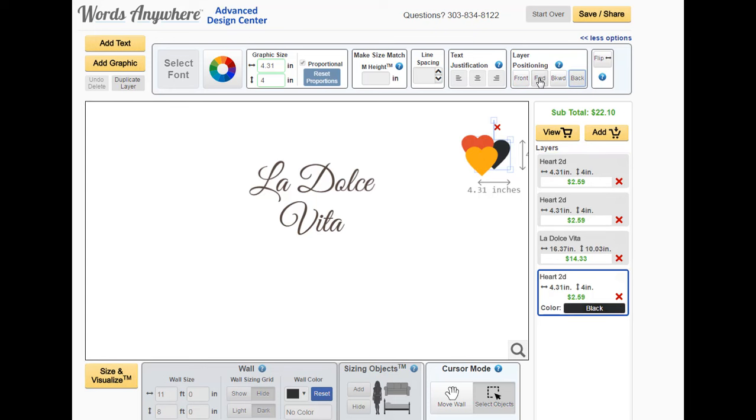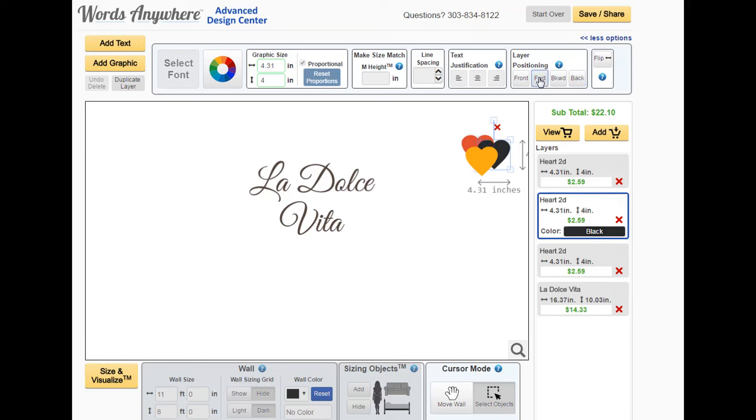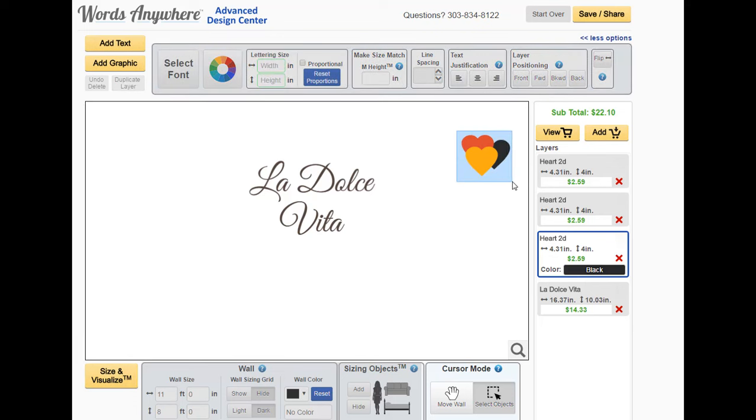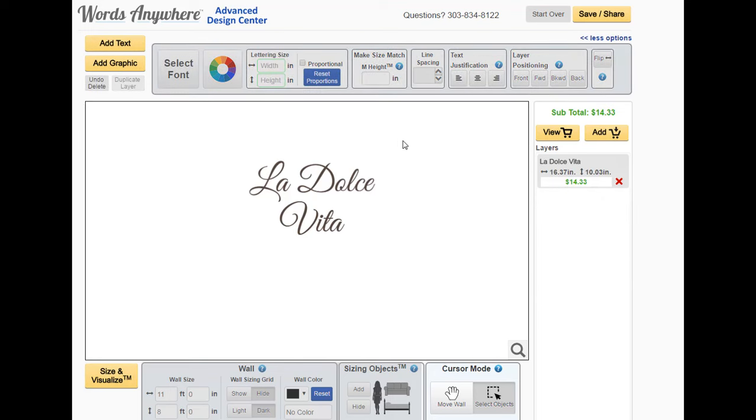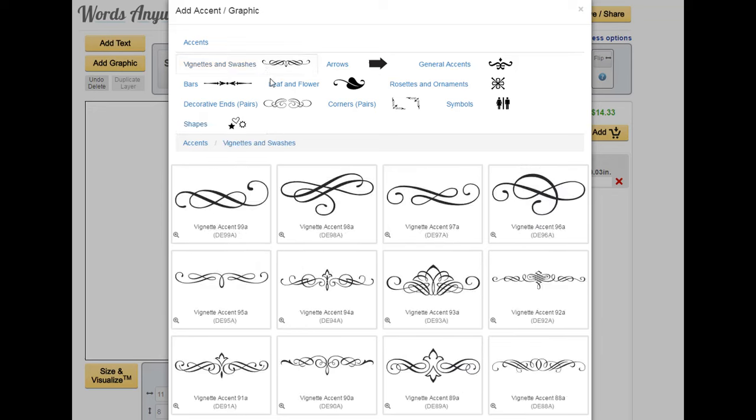If I hit forward, it'll bring it a layer at a time, and backward will send it back a layer at a time. So you can experiment with that, but it has everything to do with how they're positioned in relation to each other. If I highlight all these at the same time and hit the X, it will actually delete them. When we come to just the last piece of functionality, I'm going to add a little graphic here